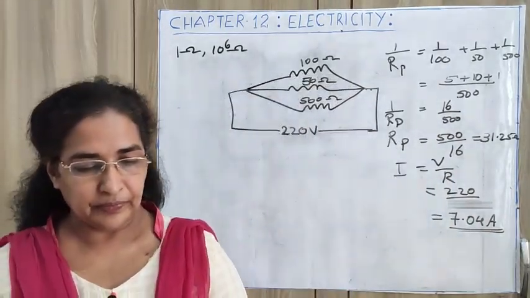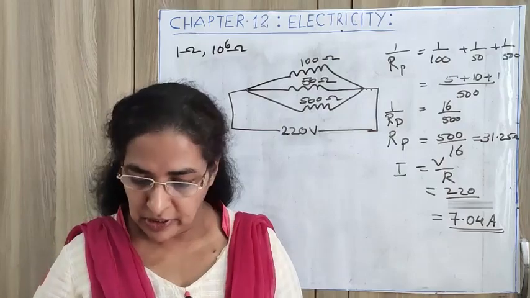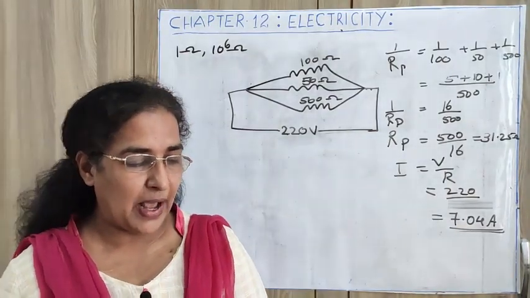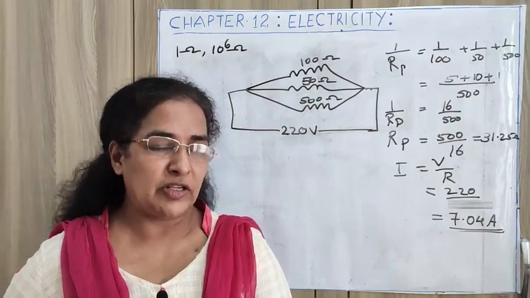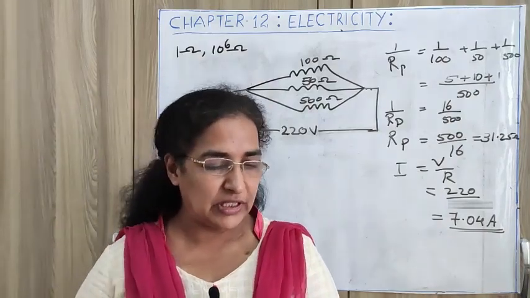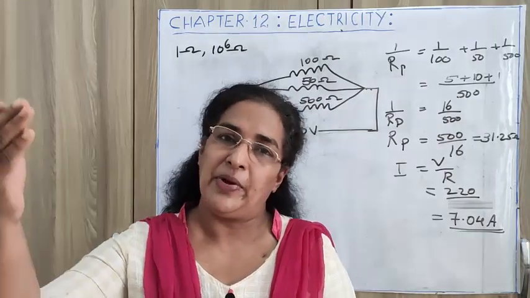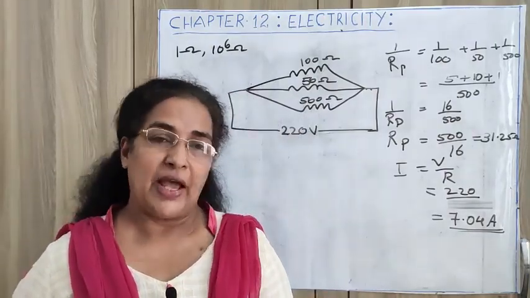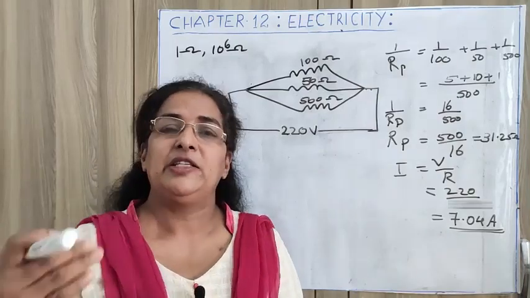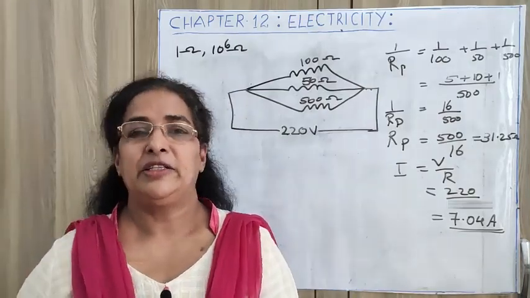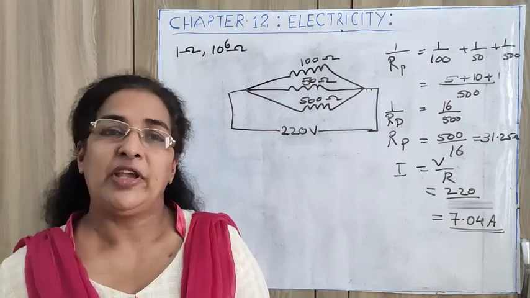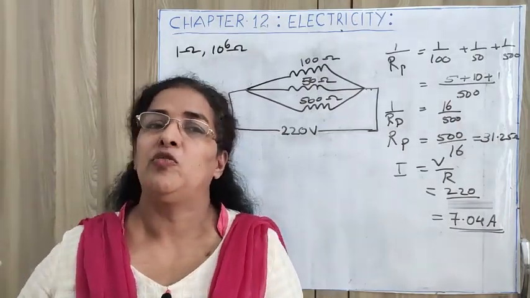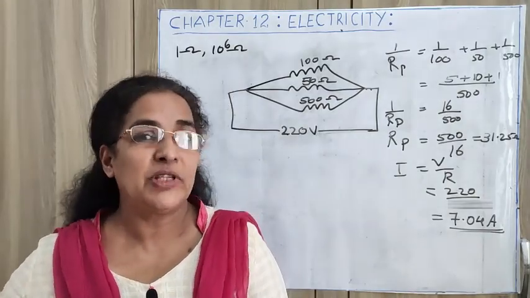Now, come to the next question. What are the advantages of connecting electrical devices in parallel with the battery instead of connecting them in series? Yesterday I have discussed all that. First thing, all the appliances, all the gadgets will get the same potential difference, and second point, if one of them is failing, the other gadgets will be working. Each gadget we can work separately, whichever gadget you want to work at a time.